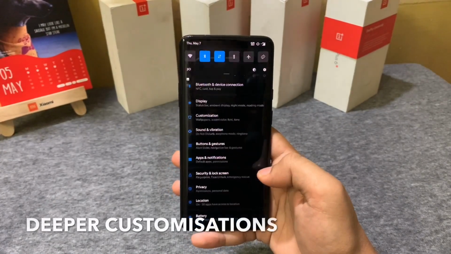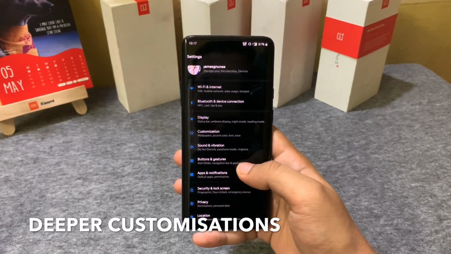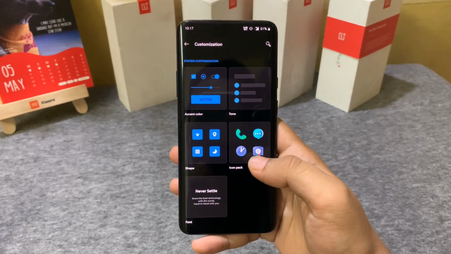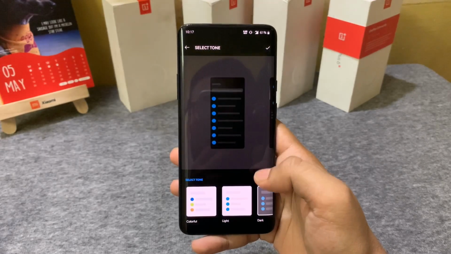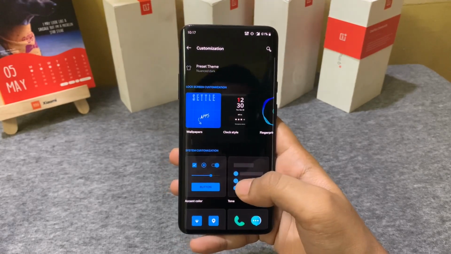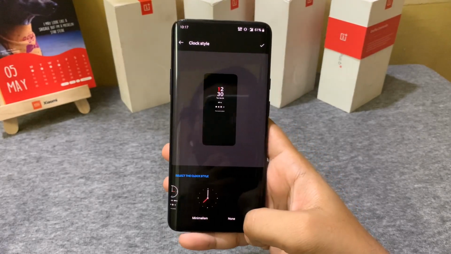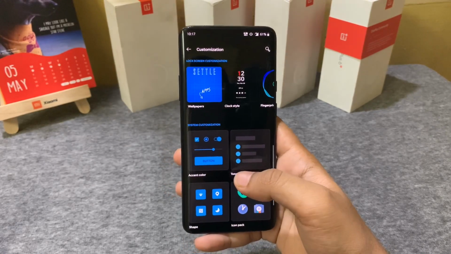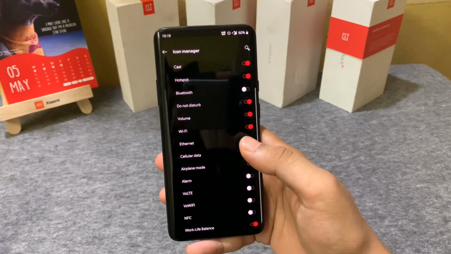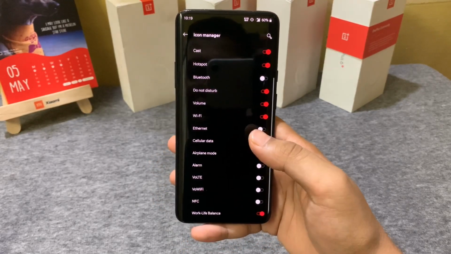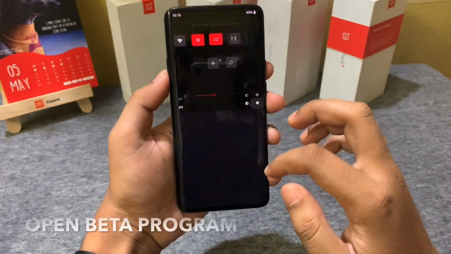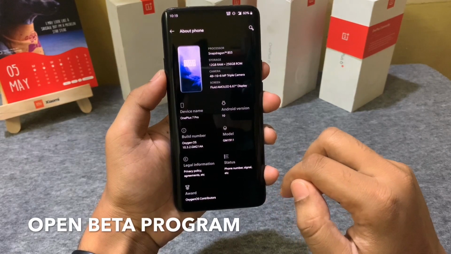Android 10 may have added some enhanced customizations, but Oxygen OS does it well without the need of any third-party application or launcher. The customization section in Settings lets you tweak accent colors, dark theme intensity, font, and even icon packs, all under one single window. There is also a setting to alter the status bar and customize it to only show the icons that are useful to you. Now this is an added benefit of Oxygen OS.